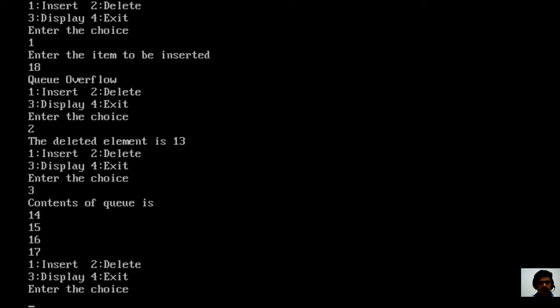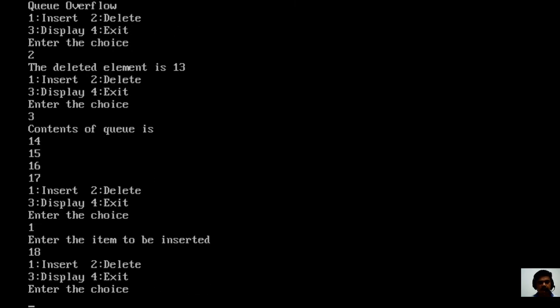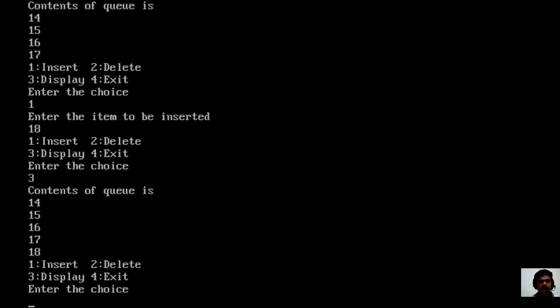Suppose if I do want to insert at the rear, and I enter 18, so 18 will be inserted at the 0th index. Let me display the content. So 18 will be displayed at the 0th index. F will be now at 14 only. It is at the first index value. Don't get confused. I hope you remember the pictorial representation what I did earlier. Whenever I am explaining, please do concentrate and listen.